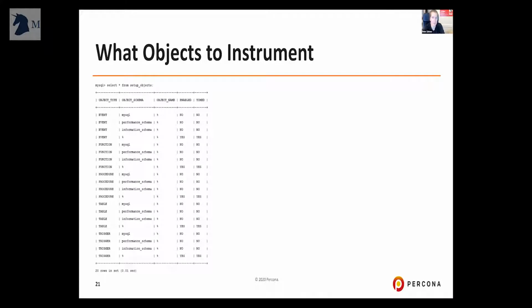Setup objects tells us what objects in the database to instrument, right? And you can see in this case the default configuration is that tables in MySQL, performance schema, and information schema are not accounted for, and the rest is. I'm not quite sure why the decision was made to do it this way. What is the point of hiding some of your system queries? Because in some cases those queries can be pretty heavy, but that is the behavior, right? And you need to